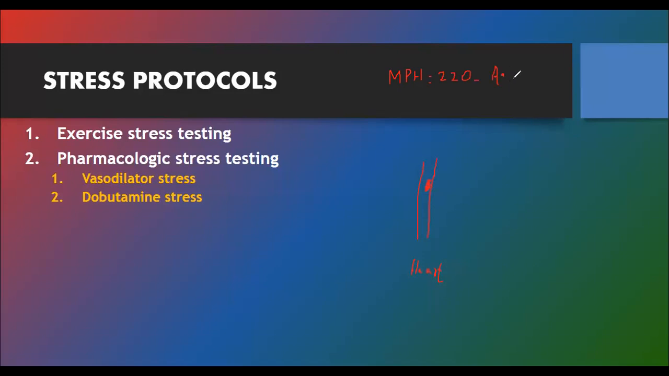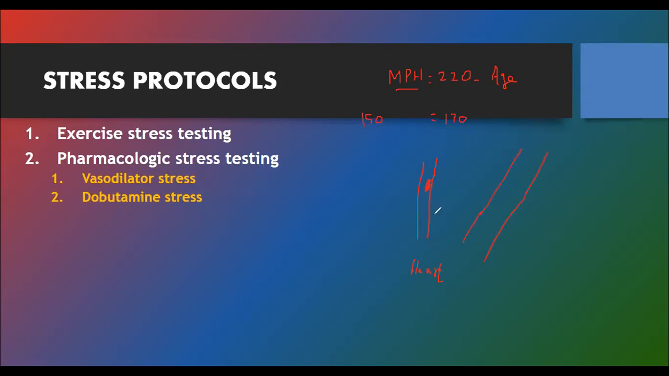A patient who is 50 years of age: 220 minus age of 50 is going to be 170. So in exercise stress testing, we are going to achieve 85% of age-predicted heart rate. That means around 170, 85% is around 150. So we are going to ask the patient to run on a treadmill. As the heart rate increases and reaches that 150 mark, we are going to inject the isotope. And as we inject the isotope,